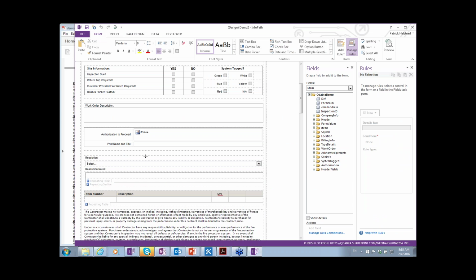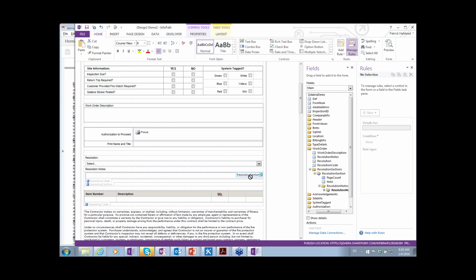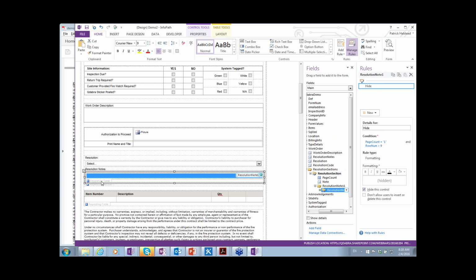Okay, so I got my rules. Now let's take a look at this form. Now take a look at this repeating section here. Do you see this? On the left, this says resolution section, right? And if I click on it again, you'll see that if I click on the innermost one, you'll see that